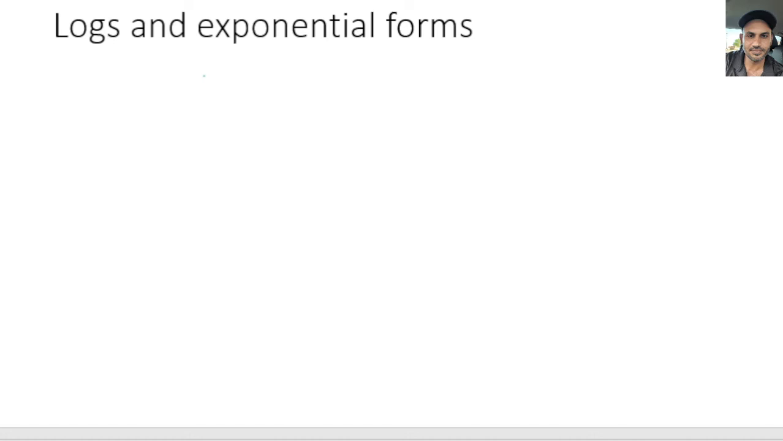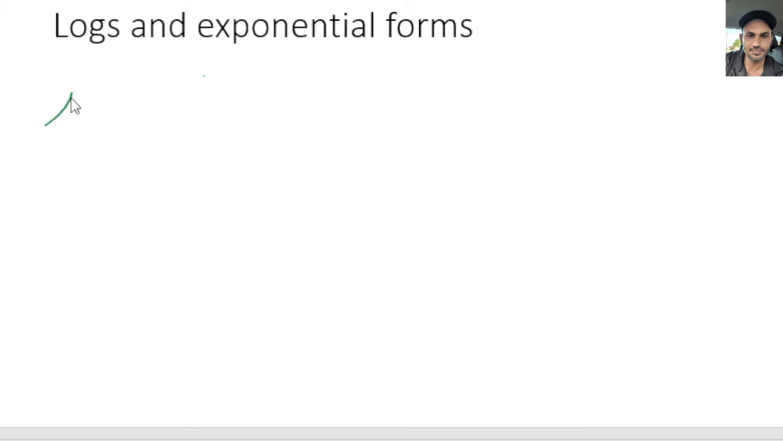Hello, welcome everyone. In this video, I'm going to look at how to convert logs into exponential forms and then exponential form back into the logs. And we are also going to look at solving a couple of equations using each of the methods that we're going to learn. So the first one, I'm going to go ahead and look at